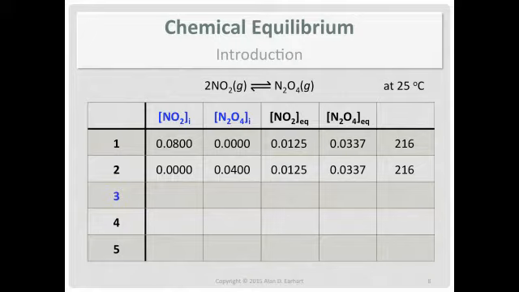Another trial. And, okay, it looks like trial 1, but I did adjust the nitrogen dioxide initial concentration. And then we wait. And this is what we get at equilibrium. Those equilibrium numbers are completely different than what we see in trials 1 and 2, and yet, if we do the same mathematical operation, we get a number in the right column that's very similar to the other two.